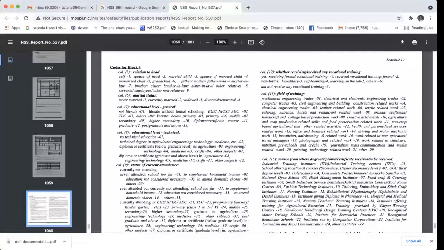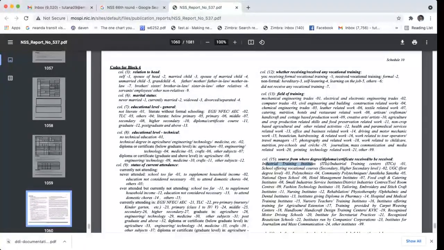There's another table that provides details about vocational training: whether you have received formal vocational training, non-formal vocational training, or learning on the job, and what your field of training is, let's say mechanical engineering, and what the sources of the degree are, whether you received it from an industrial training institute or ITIs or polytechnics and so forth. So it is talking about your trade and the sources of your certification or degree. This is all the information that you get, but it has no